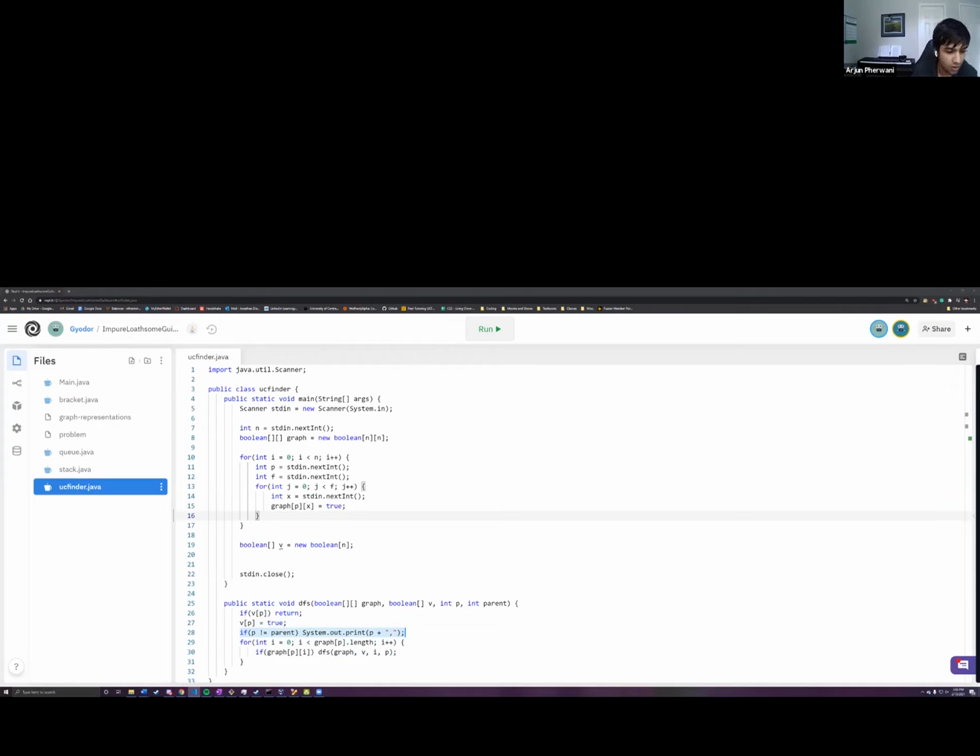And I explained why we need to do it this way. There may be other ways, but I found this was the easiest. If you just run DFS, as long as an edge exists between them, so if there's an edge between person A and person B, then you call DFS on person B from person A. Does that make sense?